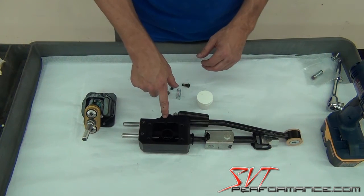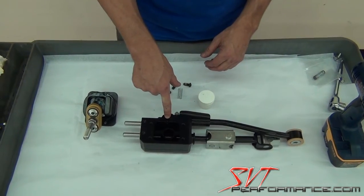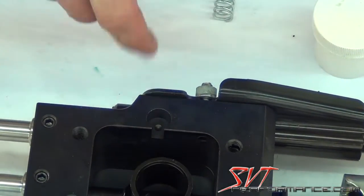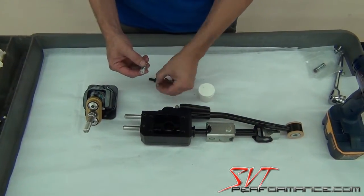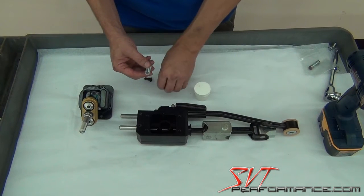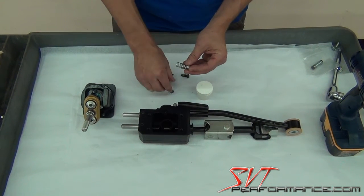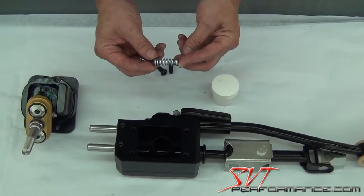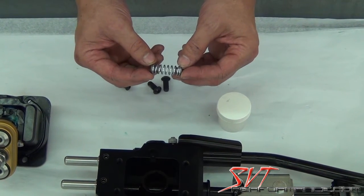As you can see, the lower shifter assembly has a small pocket milled into the base right here. That is for the return spring for the 3 to 4 gate. The kit comes with a spring and 2 machined hardened spring caps. Now, we designed this shifter to use a spring cap on both ends of this spring, and we strongly recommend that you use it that way. That gives really the best positive return to the 3 to 4 gate, and it really makes the shifter snap